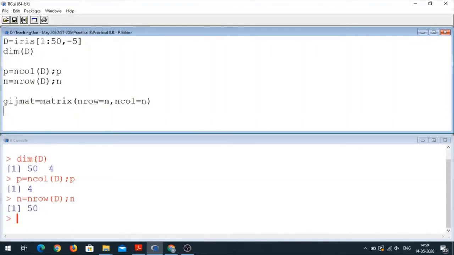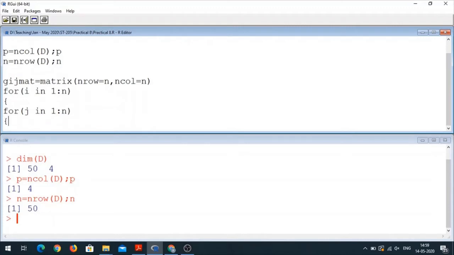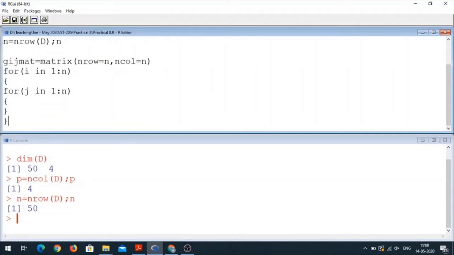Is it okay? So for i in 1 to n and for j in 1 to n, I need to define the gij mat